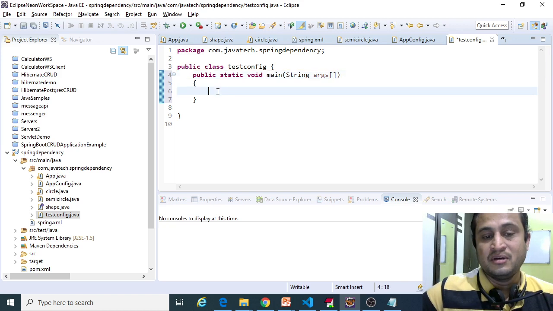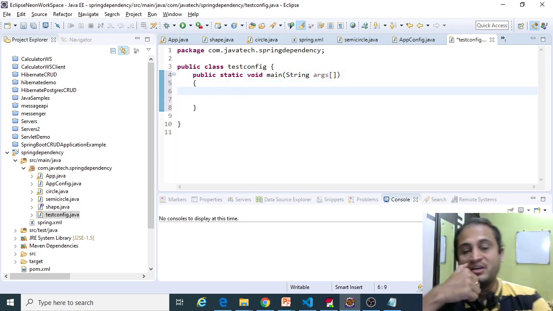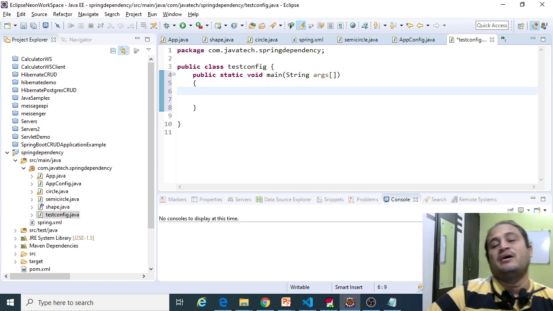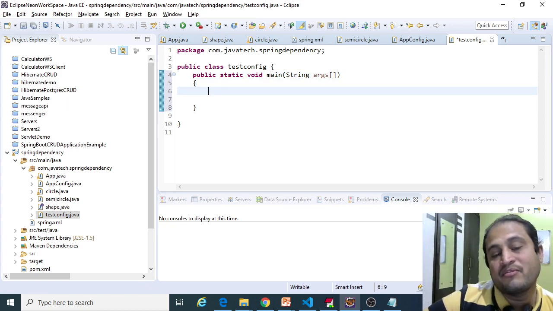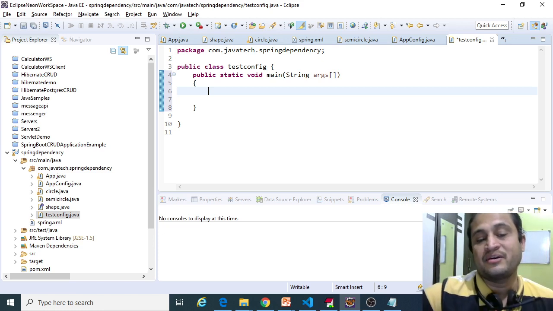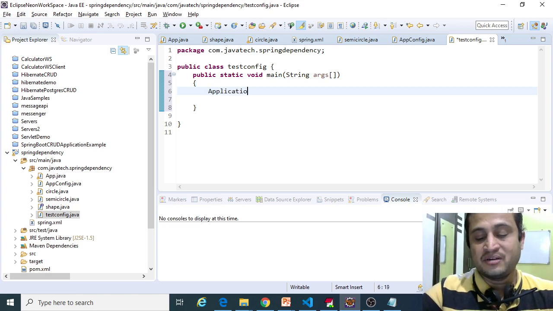There is another way of reading this annotation application context. Spring provides us another class for annotation configuration.